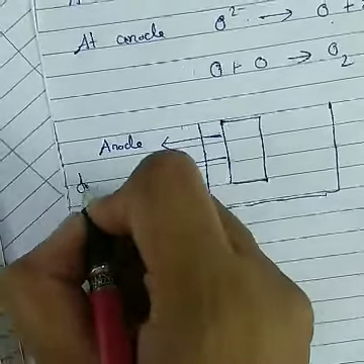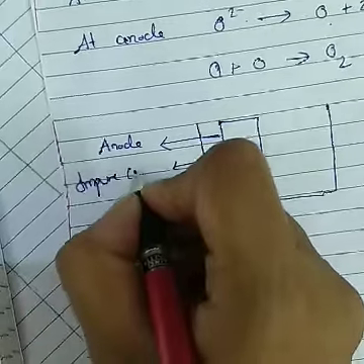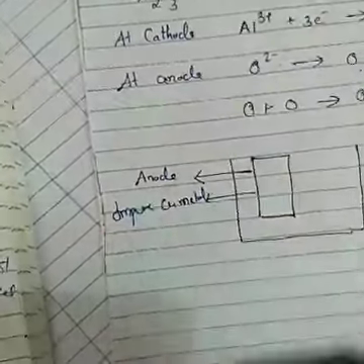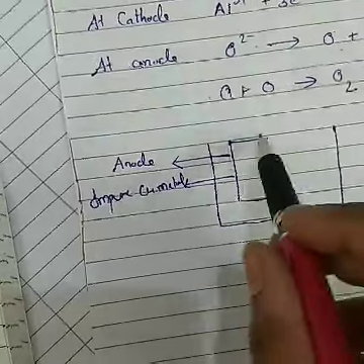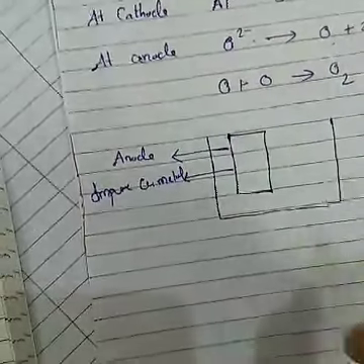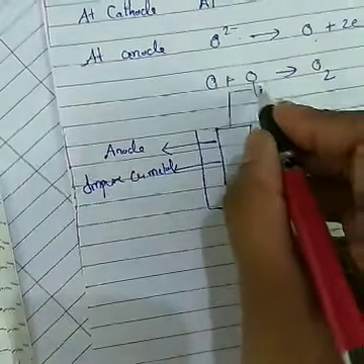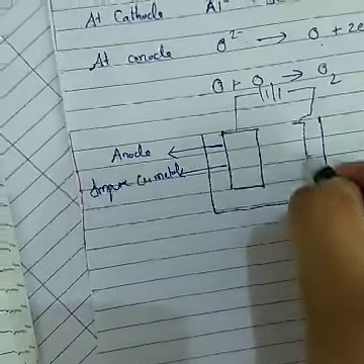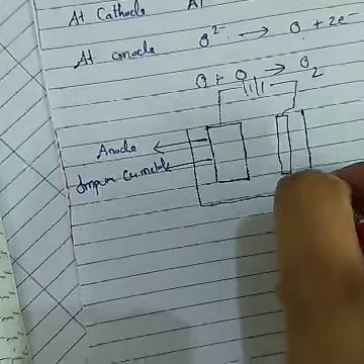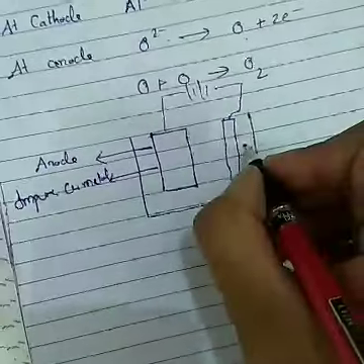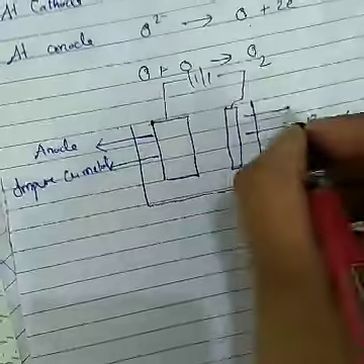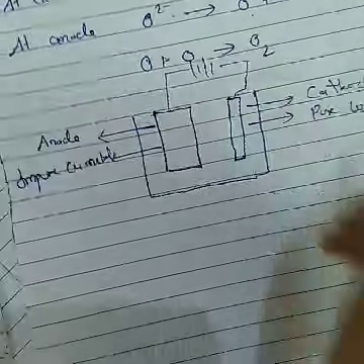I am taking an example of impure copper metal, which we have obtained by the extraction of metals in the middle reactivity. I am taking a thick block of impure metal and it is connected to the anode of the battery. Now to the cathode of the battery I am taking pure copper metal, in the form of a thin block.